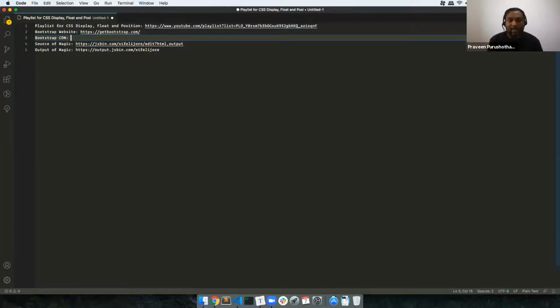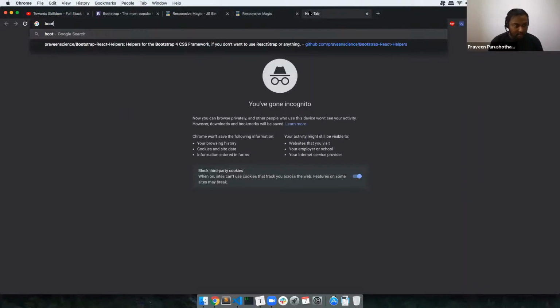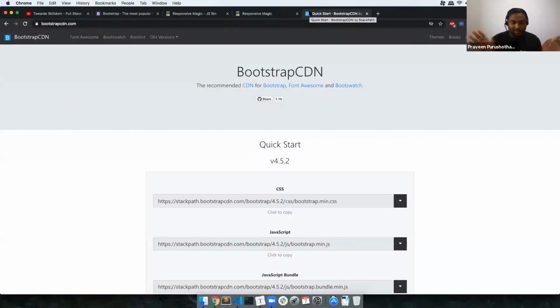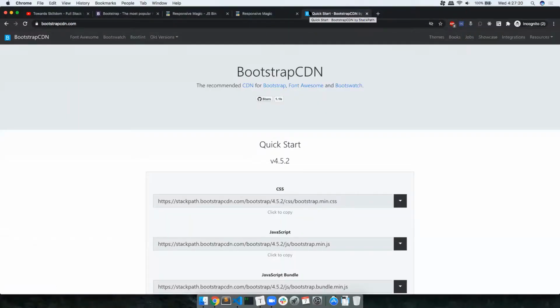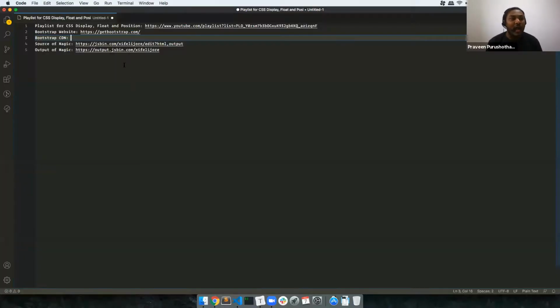See, spam the chat. Who knows what is CDN? Okay, fine. Stop writing any comments now. Content delivery network, Praveen. Perfect, Maharajan. Yes, it is called content delivery network. It is mainly for people to use the CDN so you don't want to have the files downloaded to your computer. Faster is one of the main reasons.